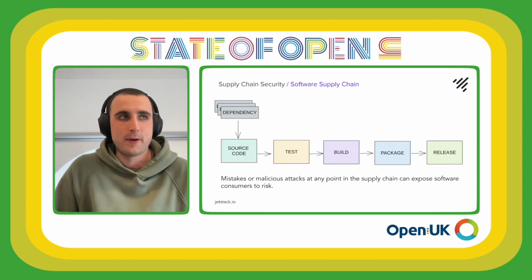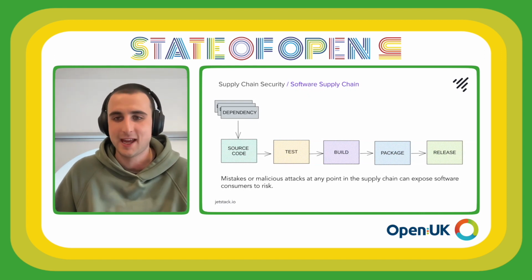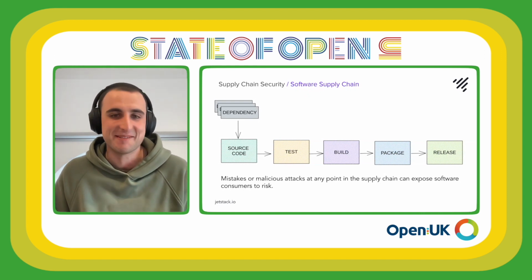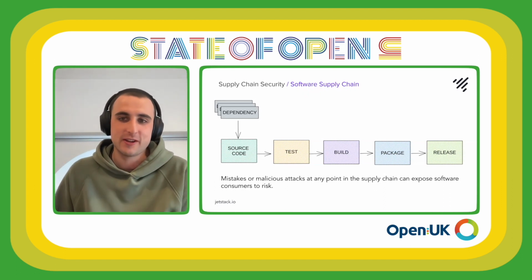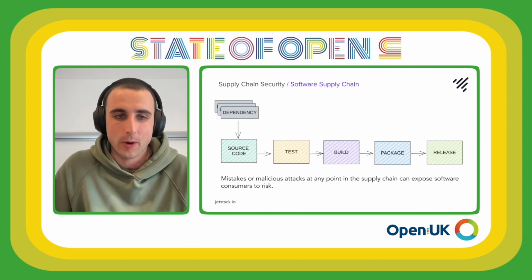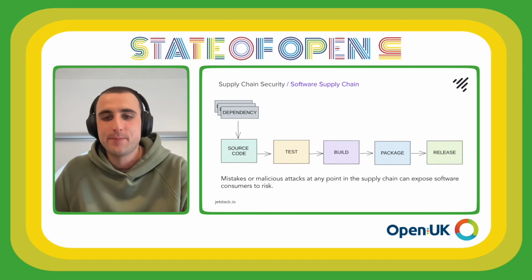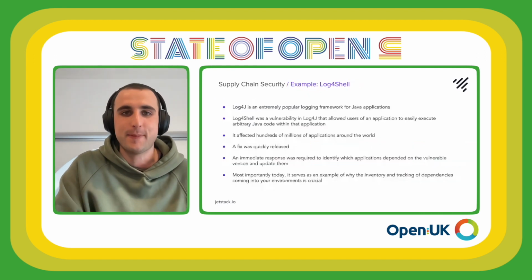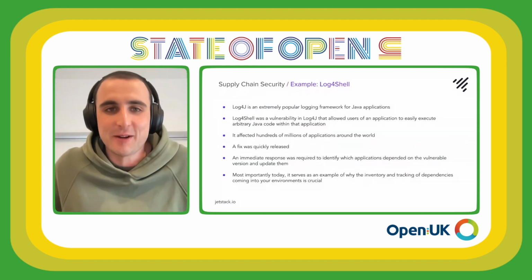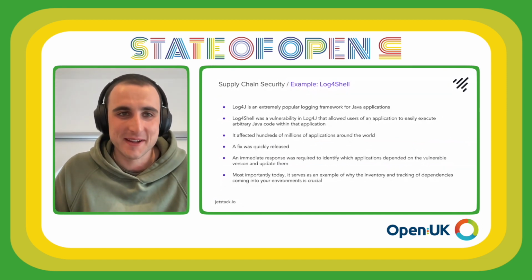So all of the people who decide it's a good idea to run my software, personally, if I was them, I wouldn't trust it because, as I said, I'm a poor software engineer. The release repository is exactly where they get it from. Why am I showing you all this? Well, mistakes or malicious attacks at any point in the supply chain can expose software consumers to risk, especially if it's my software. But I'll stop degrading myself like that. I think I'm actually all right. Probably shouldn't be so mean to myself.